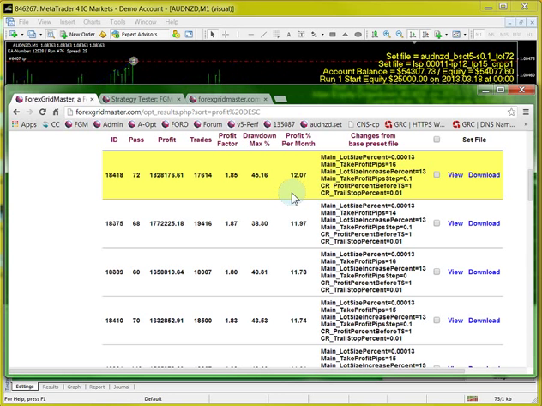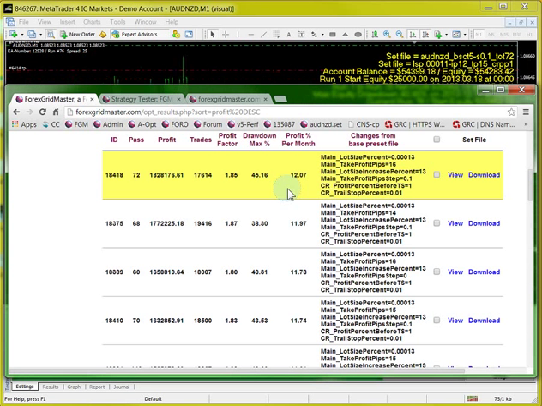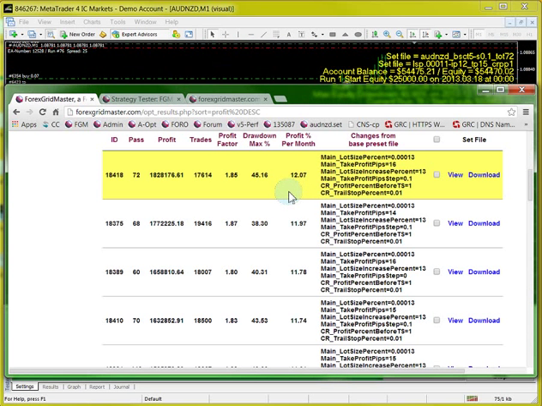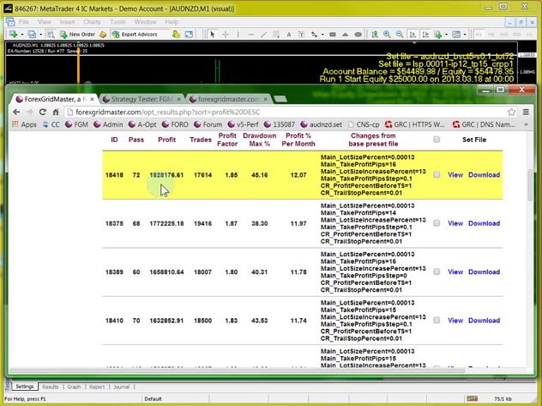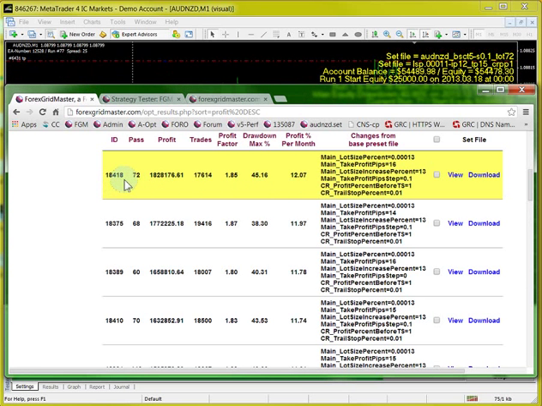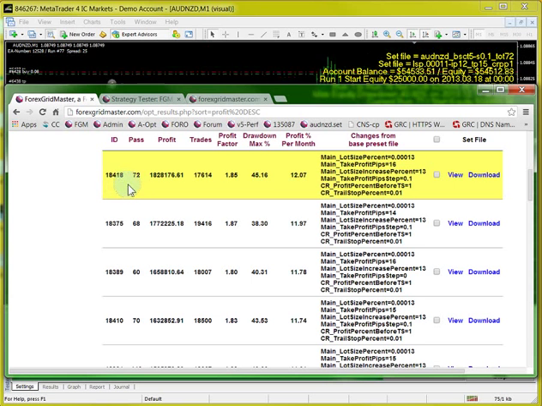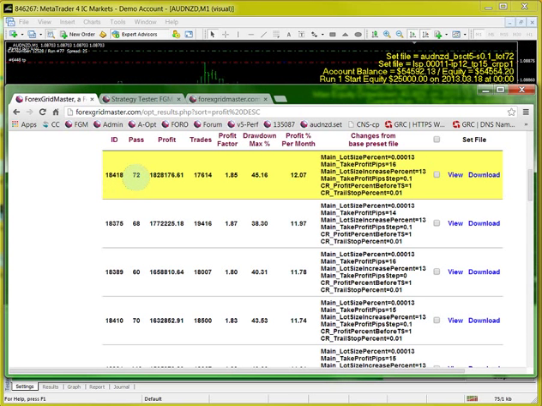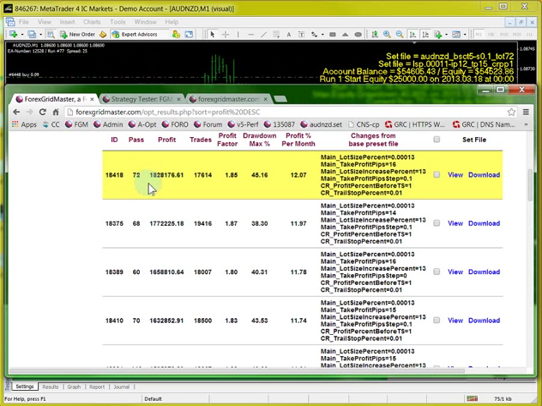But no longer the case. So the best period to choose is a 1-year period, and that gives you the most accurate data for going forward. All right, so here we have an ID for that particular pass, and we have a number for the pass. The number is within the optimization report. The ID is among all of the